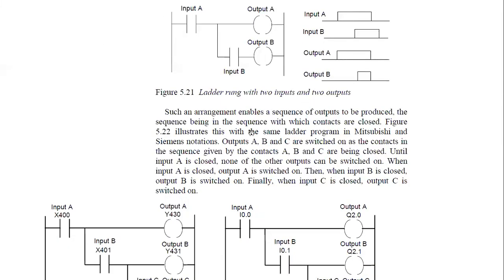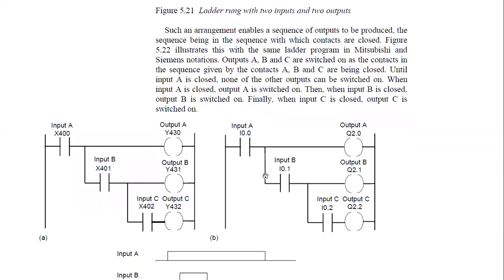So such an arrangement enables a sequence of outputs to be produced, the sequence being the sequence in which the contacts are closed. Figure 5.22 illustrates this with a simple ladder program in Mitsubishi and Siemens notation. These are just companies. And you can see in this figure,